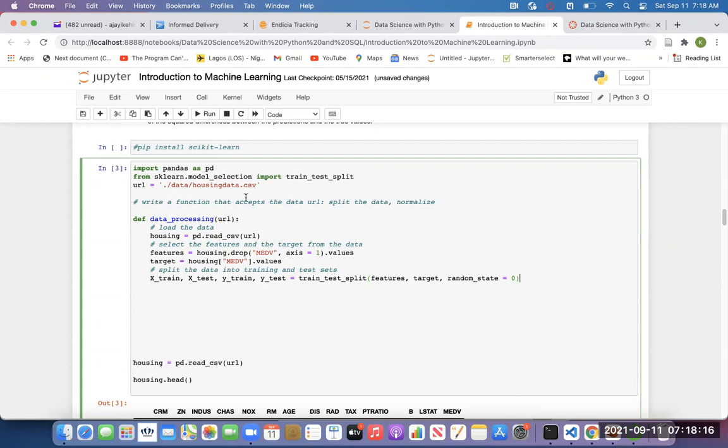So we've done this, we've split the data. Now we want to normalize the data. I've explained what normalization means. I said it means bringing all the different variables in your data to the same range. Because if you don't do that, variables with higher range will dominate your model.